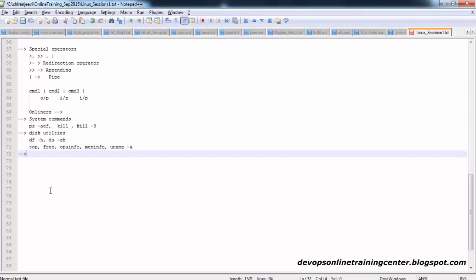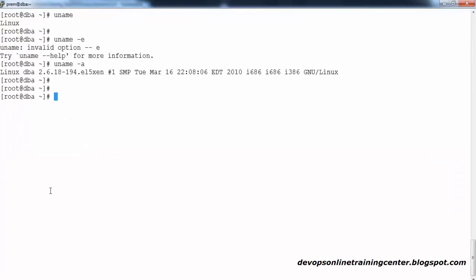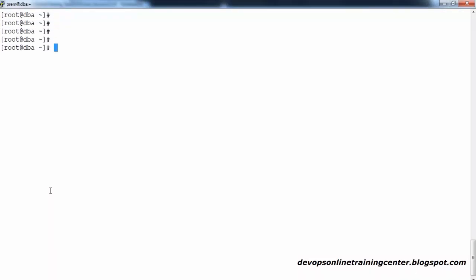Apart from this, I want to show you a few network commands which we will be using in day-to-day life. Somebody may ask you a question. We host Linux to host our applications. So we hosted a software like Apache or Tomcat or WebLogic or JBoss. If you are hosting some software and accessing that software from some other application, it will definitely open a port. A port is a socket connection to communicate to the external world, nothing but another machine. So it will open a socket and a port.